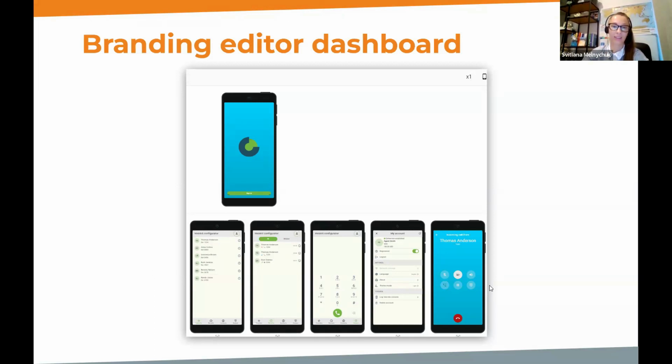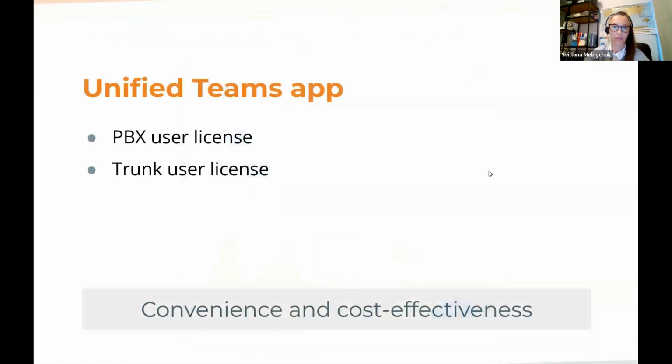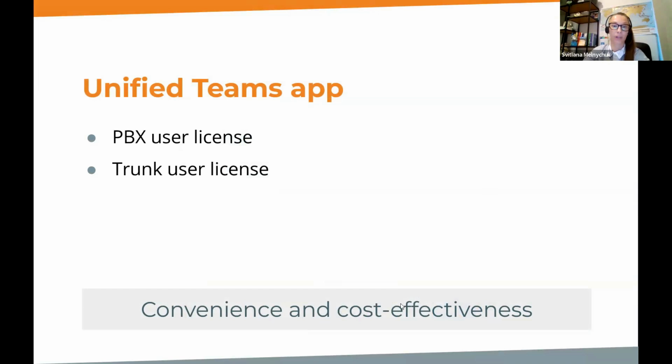Okay, and our next topic is about our changes on Add-on Mart. On Add-on Mart, we have two separate models about MS Teams. It's Teams integration channels and Teams integration users. Many of our clients want to sell a mixture of them. So now we merge them into one model that offers two types of licenses for PBX users and for trunk